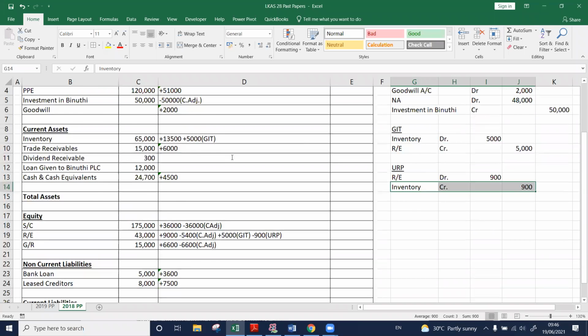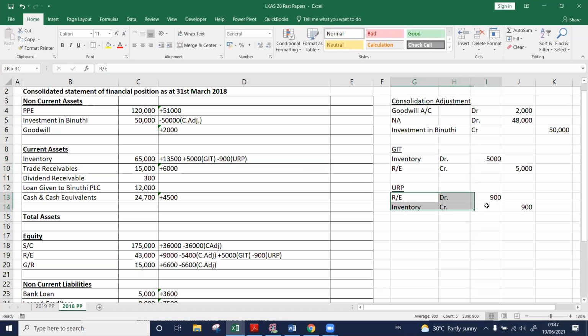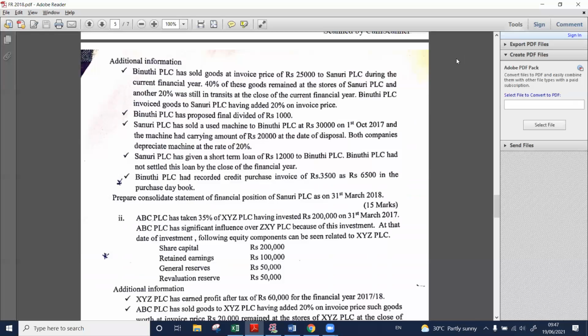Here is our inventory account. We need to credit. Crediting means here we need to deduct 900 unrealized profit. Okay. We have found the figure and then we need to pass the double entry. Retained earnings debit, inventory account credit. That is the first one, right? Additional information number one we have treated. Second one,